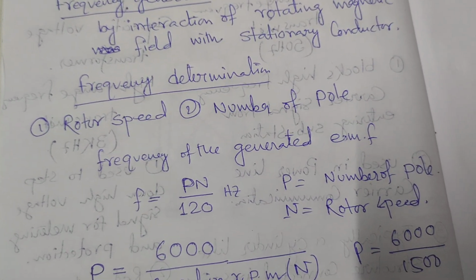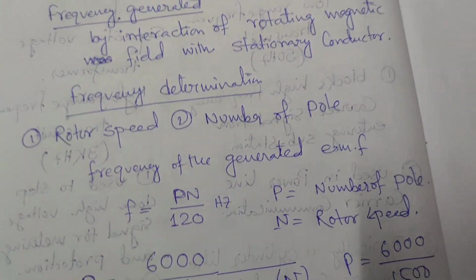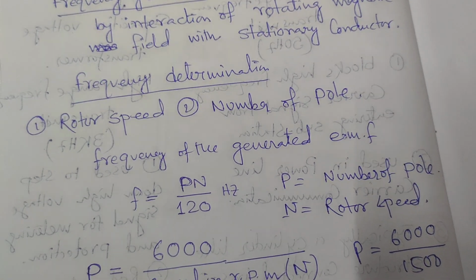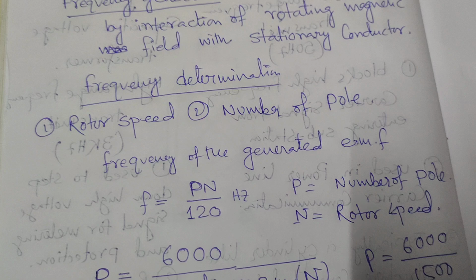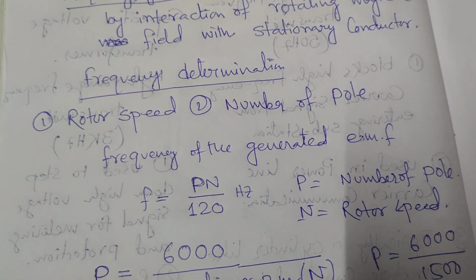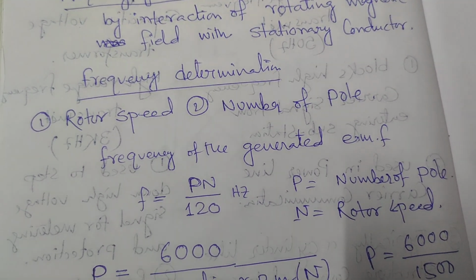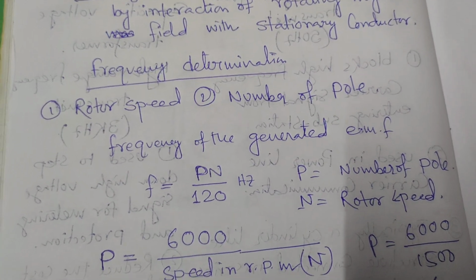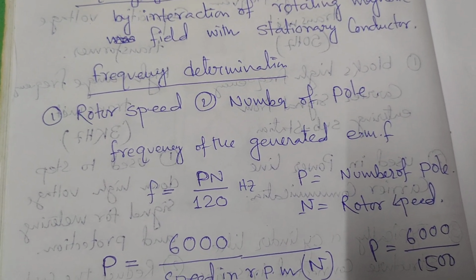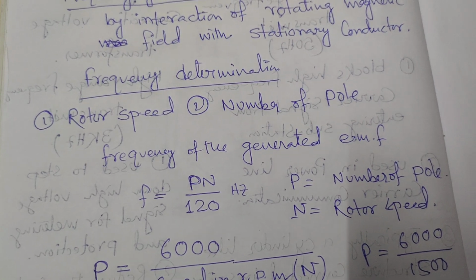by 120. So what is P? P is the number of poles. What is a pole? When we talk about the pole, we think about the magnet. The magnet has two poles, north and south pole. So how many poles are generated inside the generator or alternator to make the electricity as an